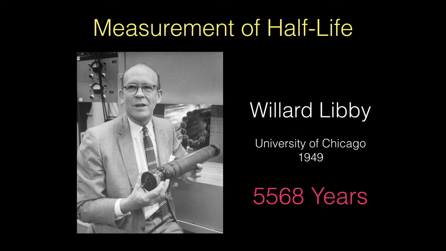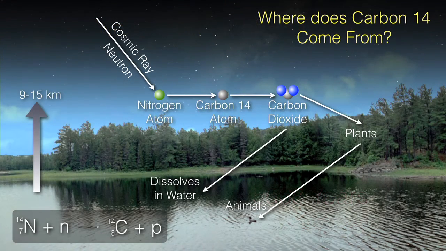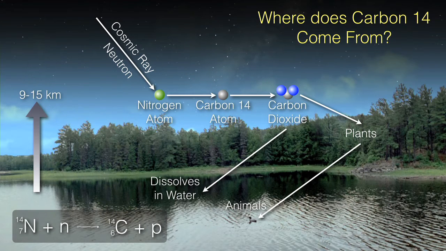It's actually manufactured high up in the atmosphere. Cosmic rays come down into our atmosphere and hit nitrogen molecules, and they change the nitrogen-14 into carbon-14. And then that carbon combines with oxygen, forms carbon dioxide, which is used by plants, and the plants are eaten by the animals. The carbon dioxide dissolves in the water. And so this is a constant supply of carbon-14 that's being made in our atmosphere.